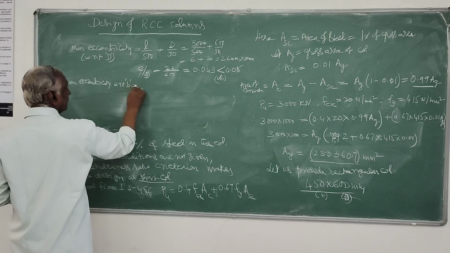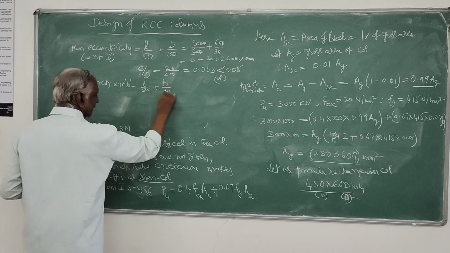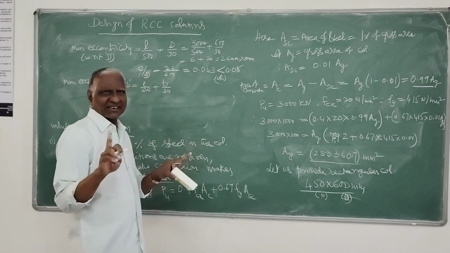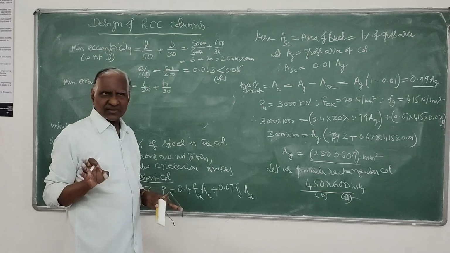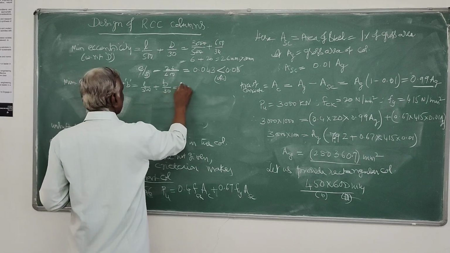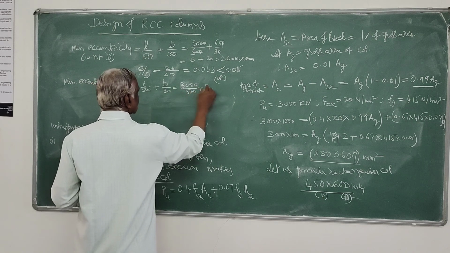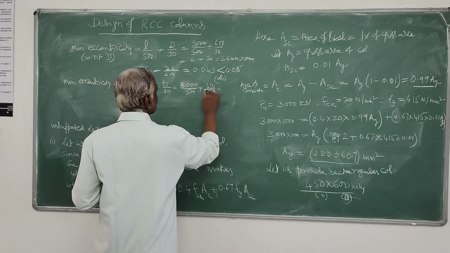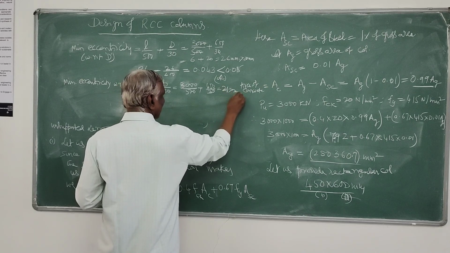With respect to B, that is L by 500 plus B by 30. Same thing. Both have to be checked. If you select a square column, only one check. That's why I told you, all in your hand. By designing, go for a square column. Then only one check may have to be made. So this is again 3000 divided by 500 plus 450 by 30, that is 21. Which is again of course slightly more than 20 mm.